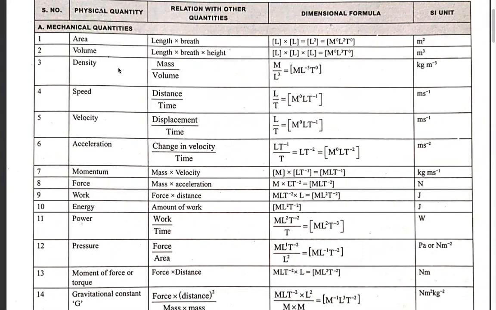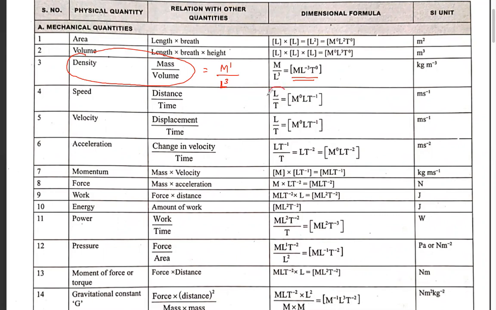For example, for density, the relation is very important. You need to understand the relation first. If you have understood the relation, then finding the dimensional formula is easy. Density is mass by volume, the dimensional formula of mass is m1 and that of volume is L3. So it will be m1 L minus 3 and t raised to the power 0, because there is no quantity here which has time in it. So the dimensional formula for density will be m1 L minus 3 t raised to the power 0. For speed, the dimensional formula is m0 L1 t minus 1.